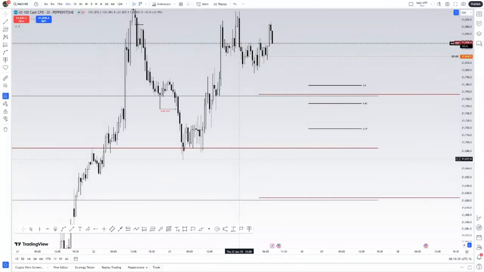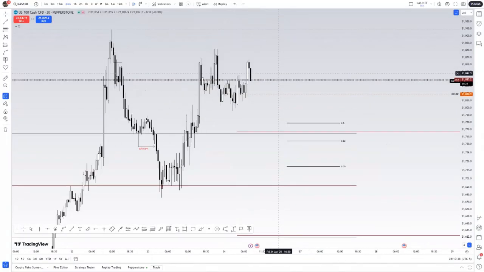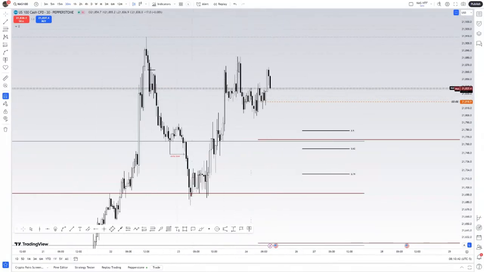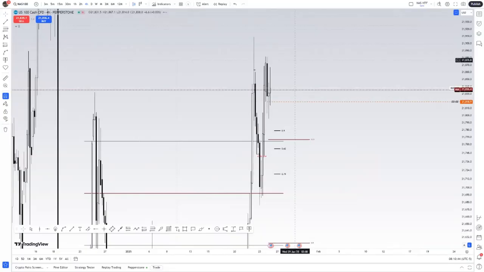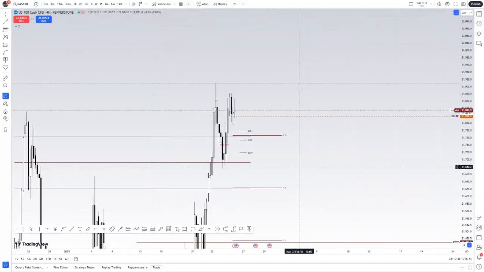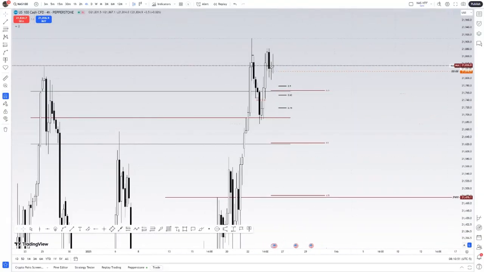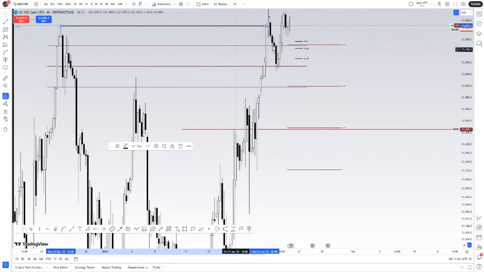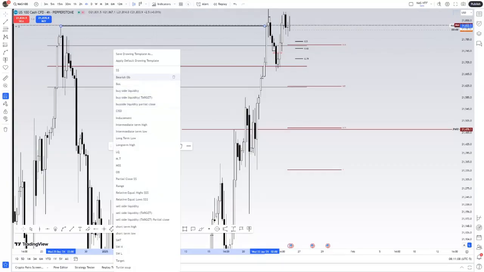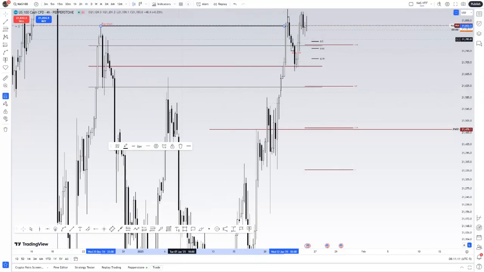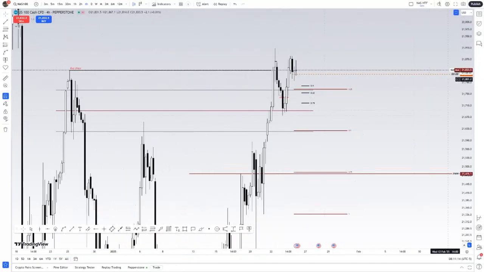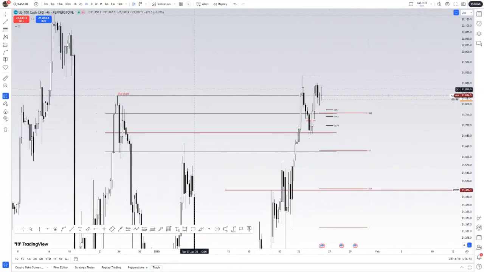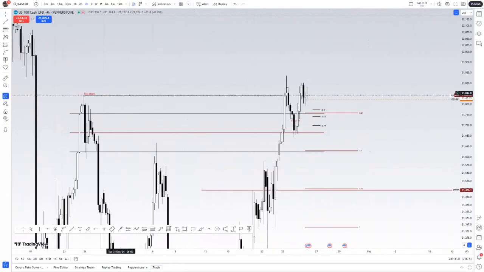So what we're going to do today, we're going to try and trade Nasdaq. Okay, so from my 4 hour, what you can see is that price came way above this high. It's got the buy orders here. That's right. But the overall trend for me is bullish, but I don't expect it to run back maybe to this